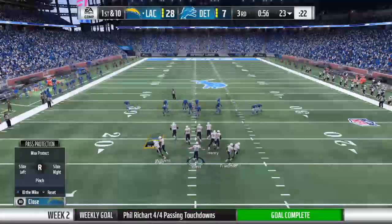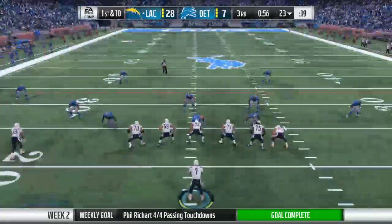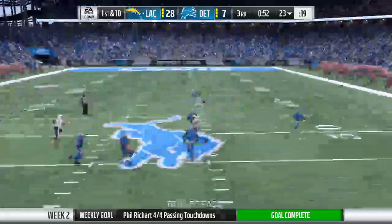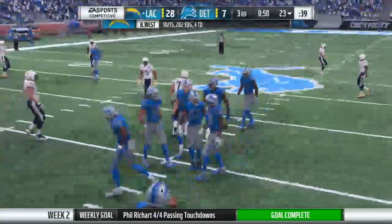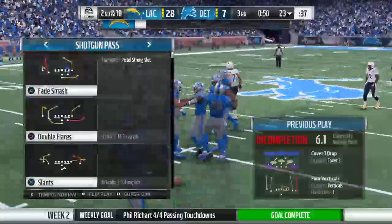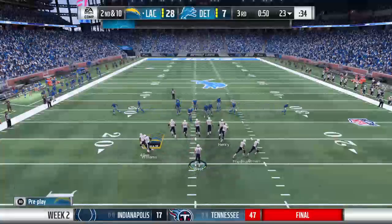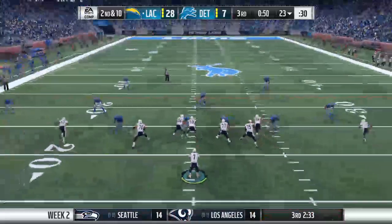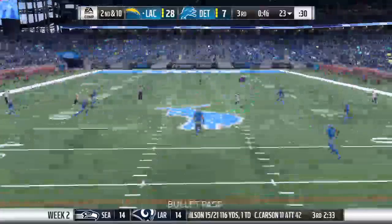Offense back out onto the field as they'll take over here in the final minute of this third quarter. The Chargers offense now, they get set to head back on the field. They are just putting things together so well here, drive after drive. They really have captured the momentum, haven't they? They've taken momentum and pretty much not just given it a jersey, but a seat on the bench as well. Whatever you need, you've got it, because the way they're stringing things together and creating that distance between...